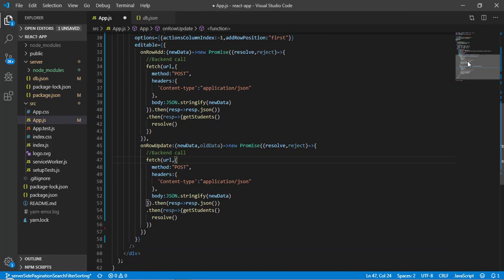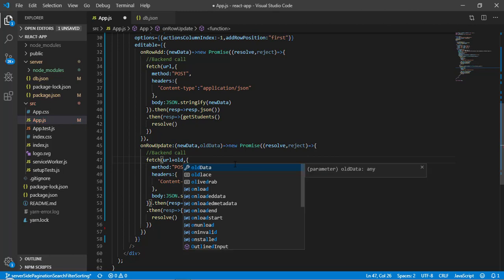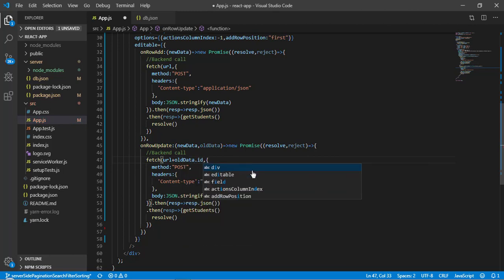Okay, so here we will make an API call. So before that, while making the API call we have to pass the ID as well, and we will get the ID in oldData. So for that I will write plus oldData.id. Okay, and here we have to add a forward slash as well. So for that forward slash plus again.